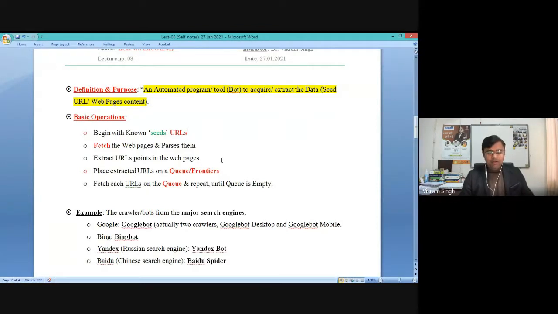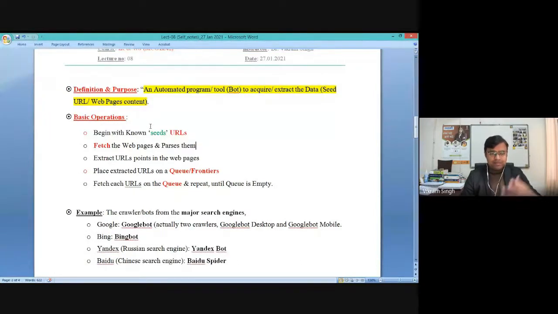Without having any seed, your crawler will not start working. You need to provide at least one seed. Without any external seed, it will not start working, so you should provide some seeds at least. While programming the crawler, you need to provide it externally, as an input variable or an input source. Based on the basic architecture,